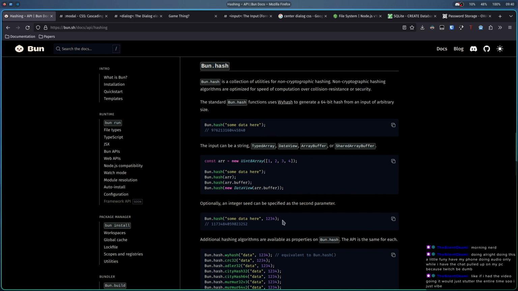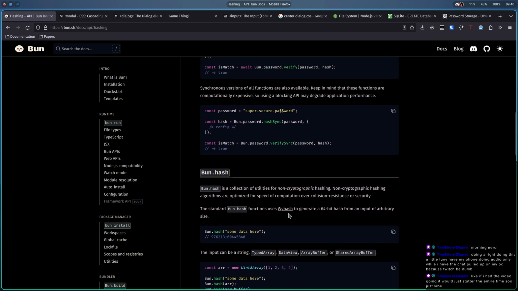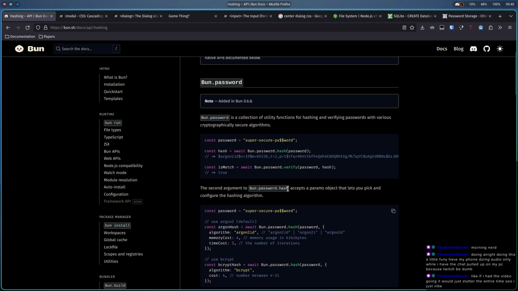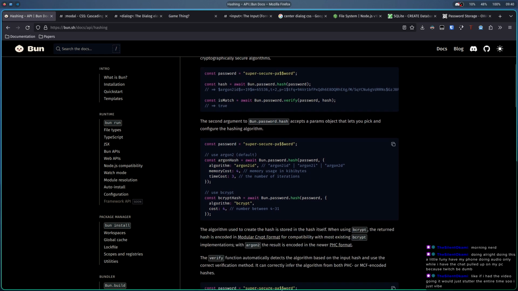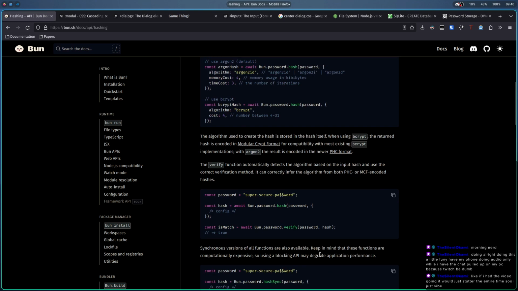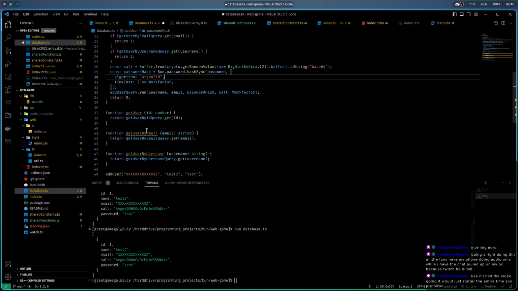And put in our password hash. Number between 4 and 31. I see. And then